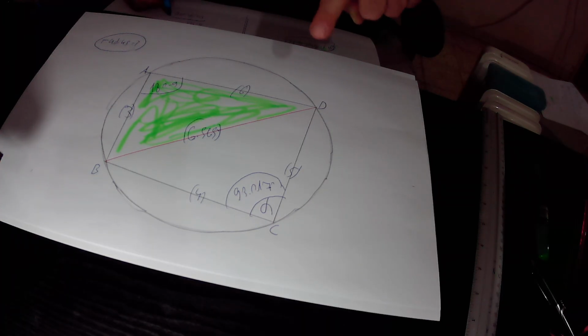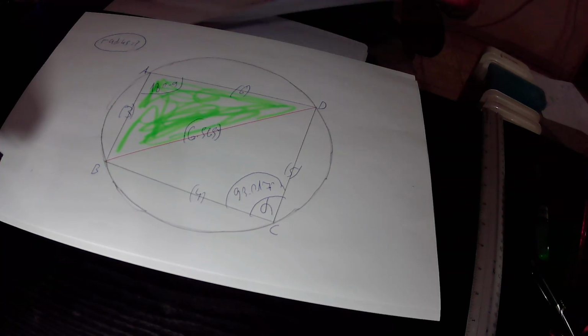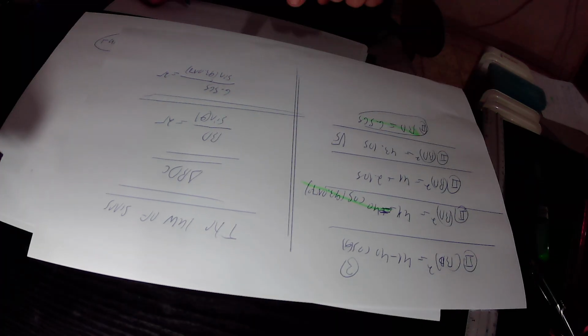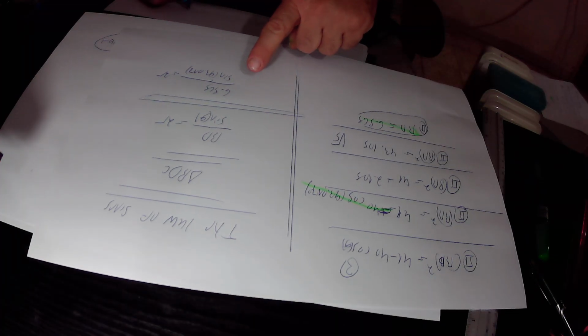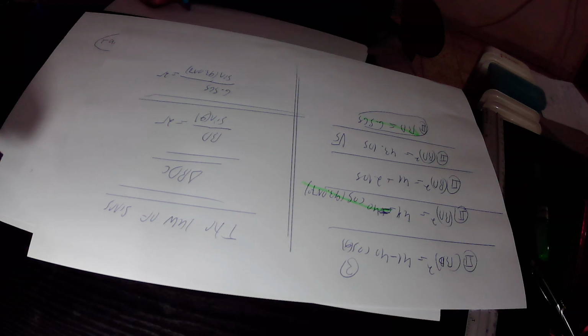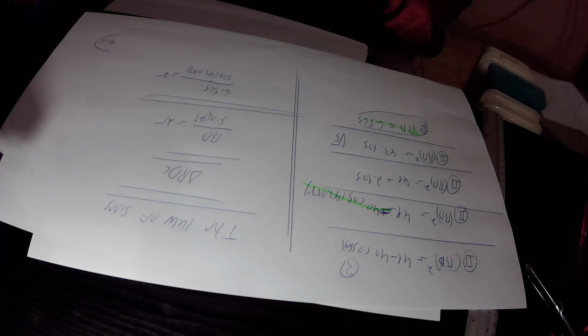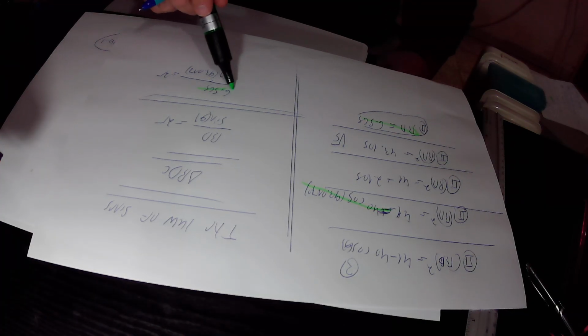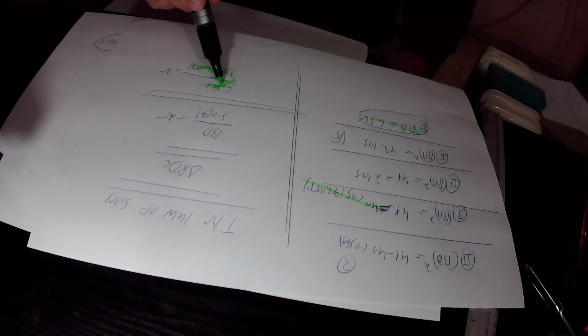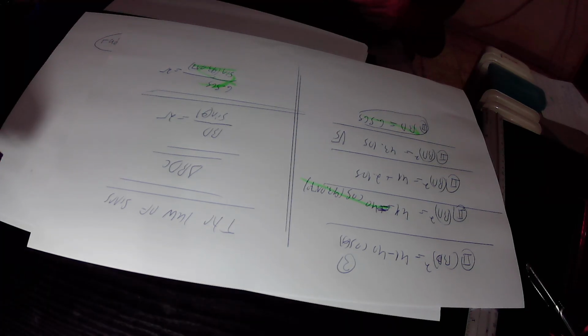So BD over sine alpha equals 2R. In total, 6.565 over sine 95.017 equals 2R. Actually, the value of this expression in the green color is in total equal to